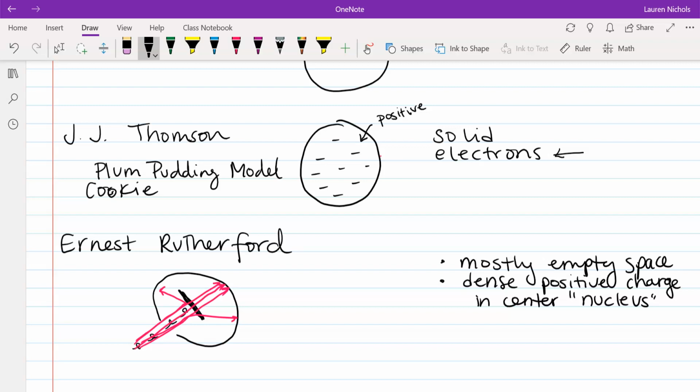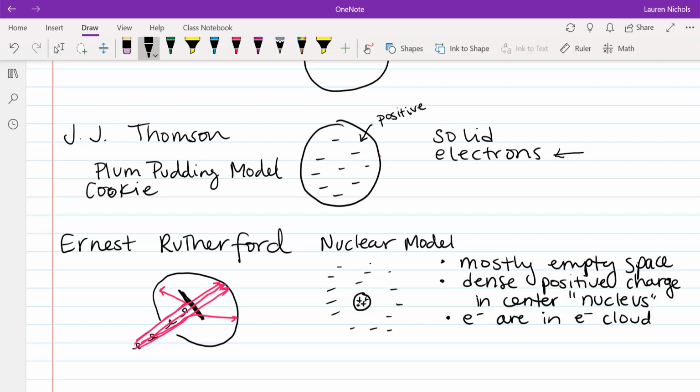And so because he discovered the nucleus kind of on accident, it's called the nuclear model. It looks like this, where you have that center positive part in there. And then he said that the electrons were in an electron cloud, just around it randomly. The electron cloud might be a familiar phrase to you from middle school physical science. So yeah, mostly empty space,